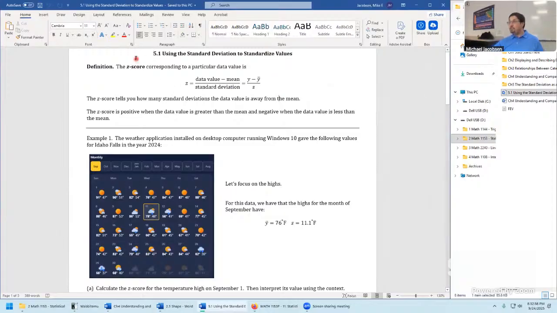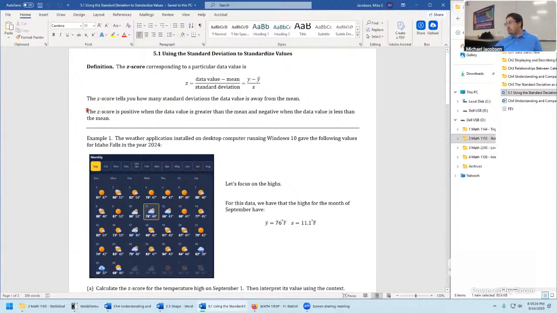We're going to talk about a new metric, a new way to consider data in terms of its standard deviations. The z-score is a computation that takes a data value, which we consider to be just y. Sometimes we call them y1, 2, 3, and so on. We subtract the mean, divide by the standard deviation s, and this is going to be the new object of study when we come back in our next class on Thursday.